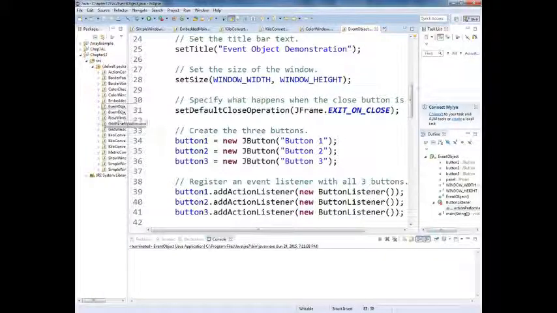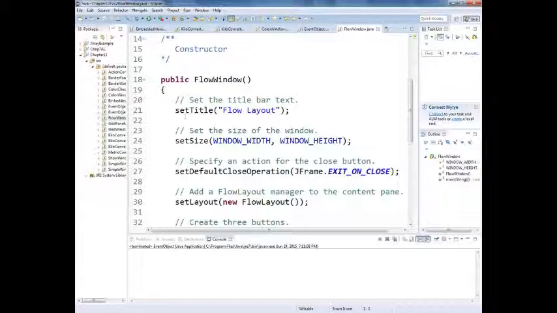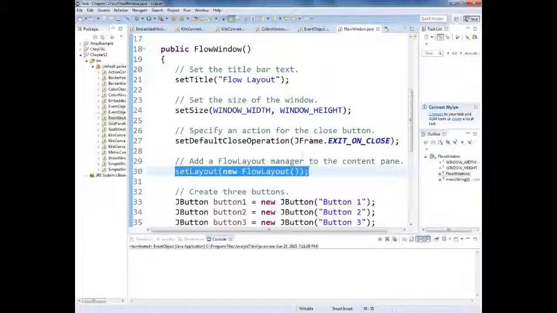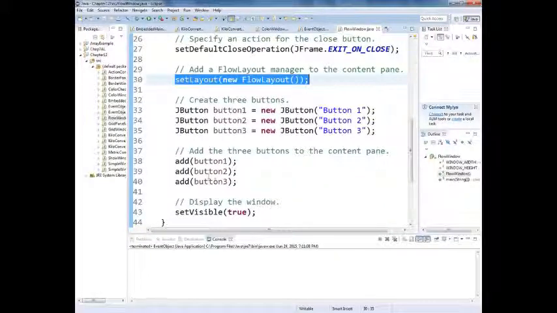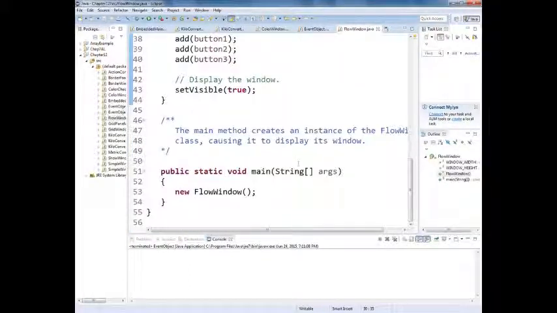So, to see what a flow layout looks like, here I've got my flow window extends the JFrame. I've got my width and height. Here's my constructor. Set my titles, set my size, set my default close operation, and now I say set layout, which is a new flow layout. So this guy then says, okay, what type of layout is this window going to have? I create my 3 buttons, I add those buttons, and then I set visible equals true, and then I say new flow window and executes. So if I execute this guy,